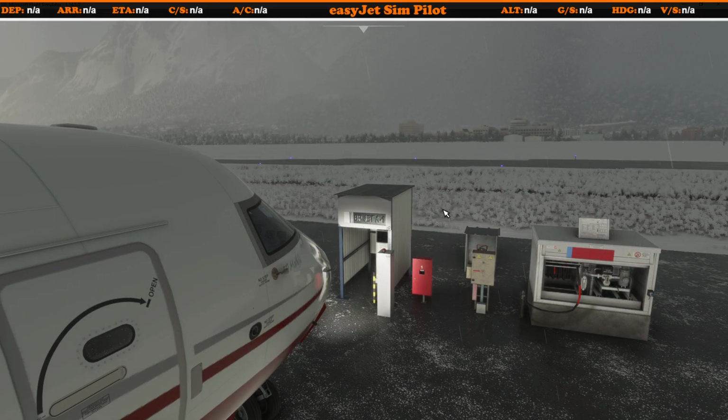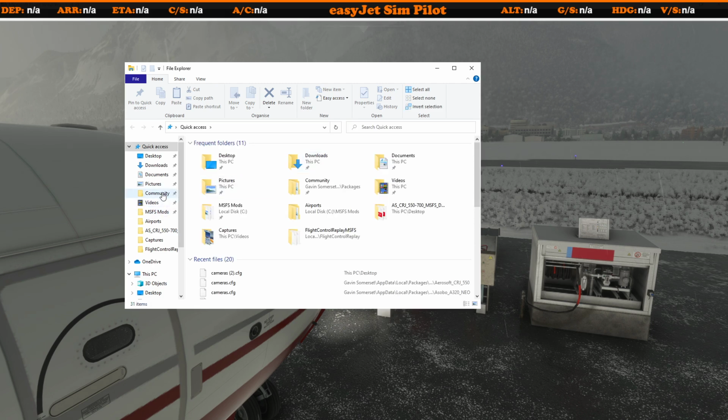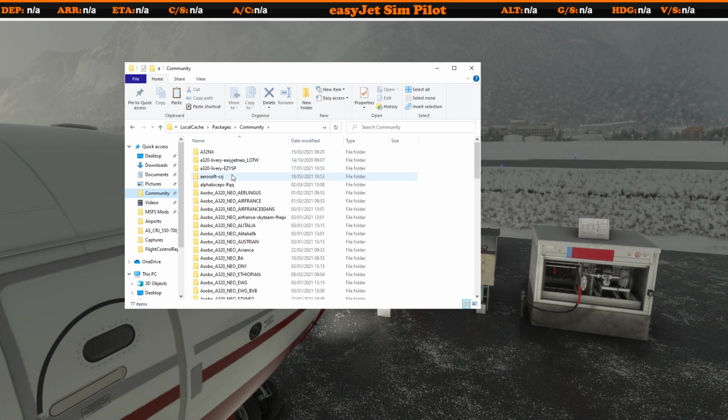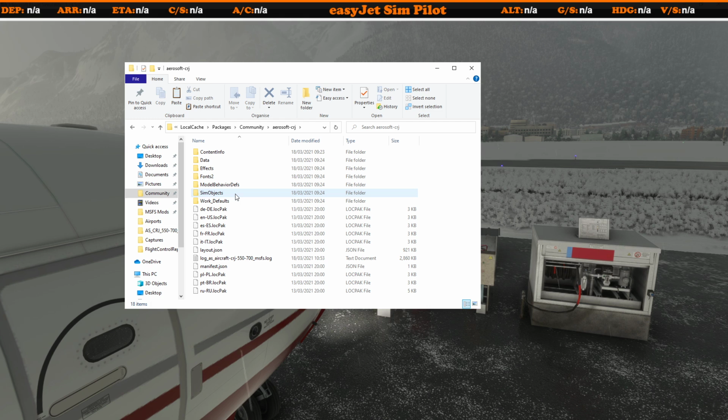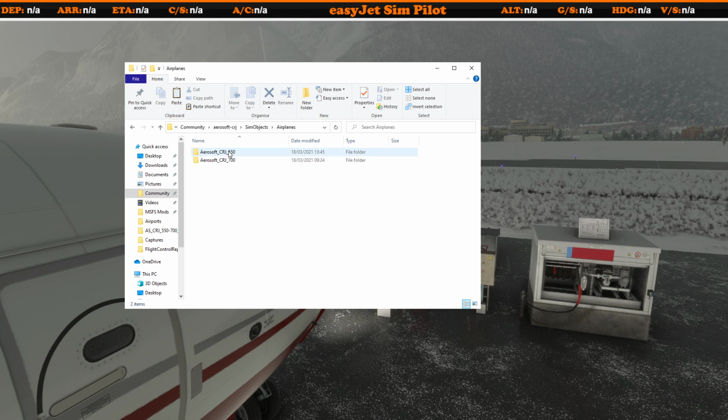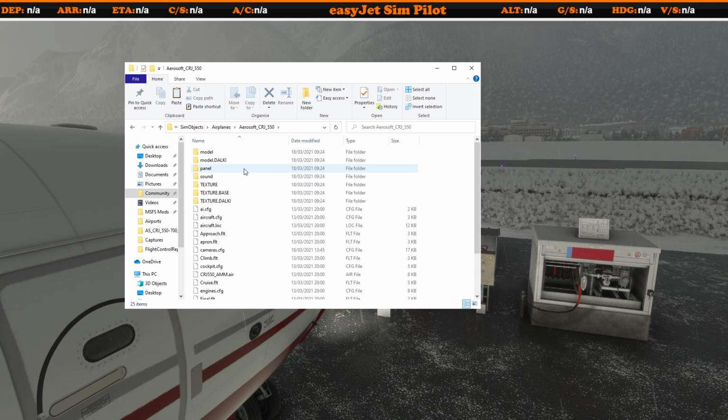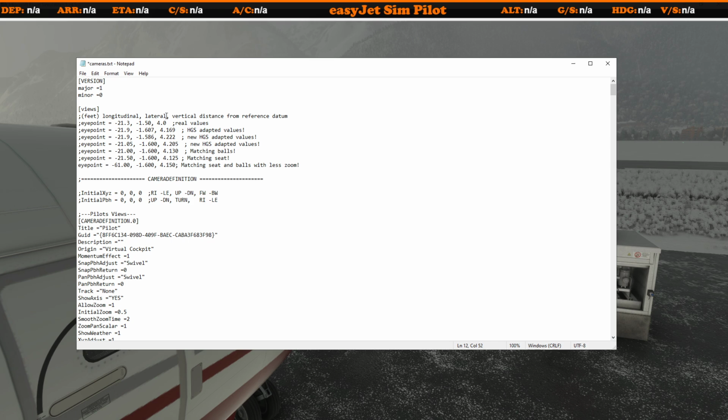You then need to exit the simulator, open back up, find back into the community folder, back into the aircraft CRJ, airplane, there we go, back to the CRJ 550. Open back up your camera's config file. Once you've opened it, you need to set that back to where it was, which is 21. Then we can save that,